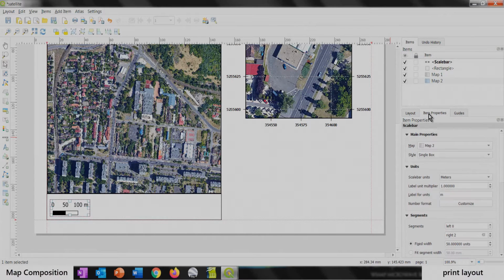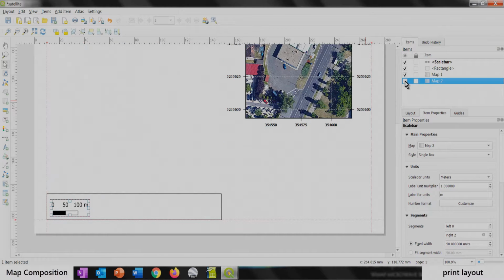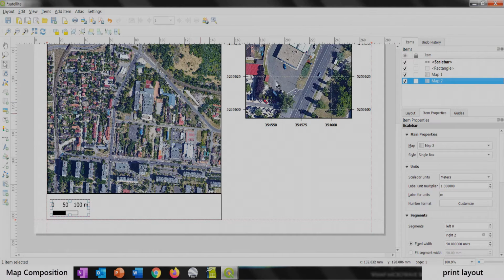Then go here to item properties. Just make sure you have selected the scale bar. Then as you can see, the map for this scale bar is map 2. That it's okay because it's the one we want. As we have two maps, that one could be confusing. In this map you have to make sure that this scale bar is for this map. Okay, then here we can select the style for the scale bar. I like double box. Then here select the units. Meters is good, and here you can change the label for the scale bar. M is good also,